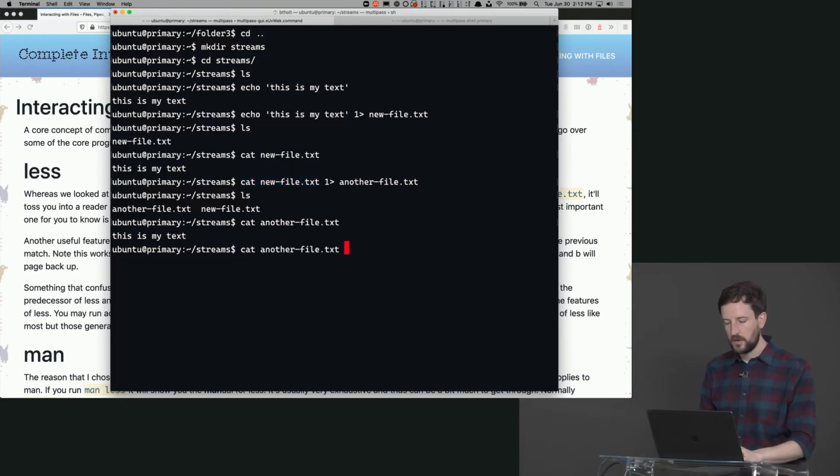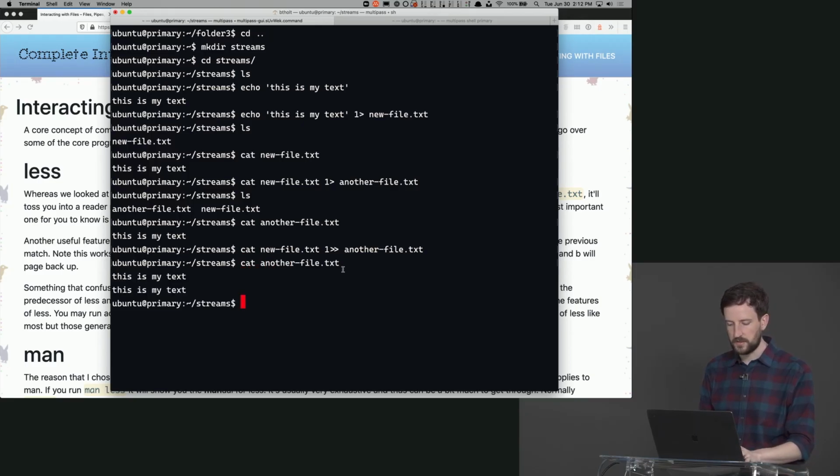Okay, so if I do this again, where I have new file.txt, but if I put a second angle bracket there, instead of replacing the file, it appends to the file, right? So now if I look inside of another file.txt, this is my text shows up in there twice.